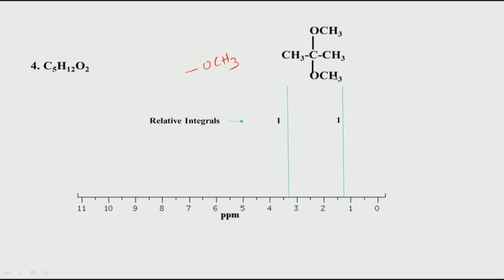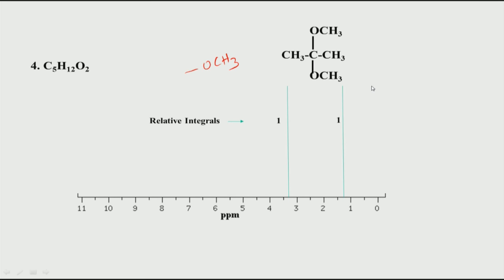And these OCH3 methoxy groups, they are again 6 protons, and they correspond to this peak. And this is called a quaternary carbon, and it does not have any hydrogens. So, therefore, you do not see any peak in the proton spectrum. But if you go to the carbon spectrum, you may be able to see a peak for this. But remember that we are not looking at that right now, we are only trying to get the structure based on hydrogen. So, this is how we can interpret the hydrogen spectrum.